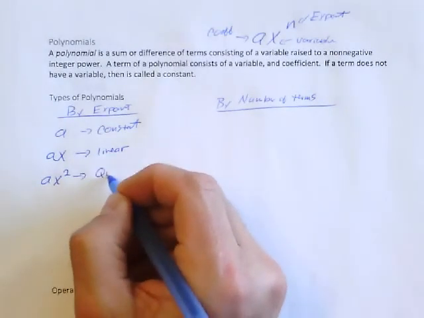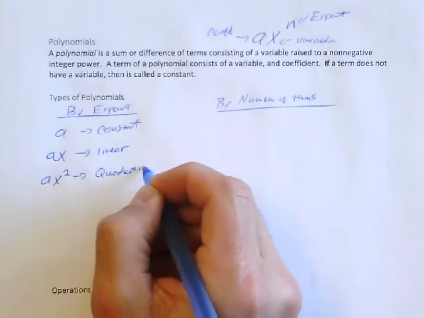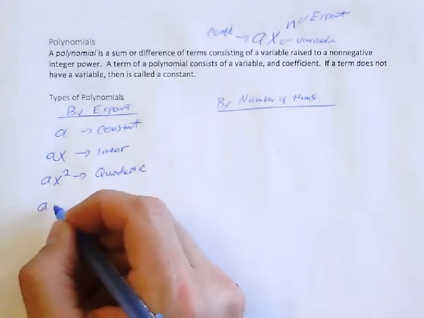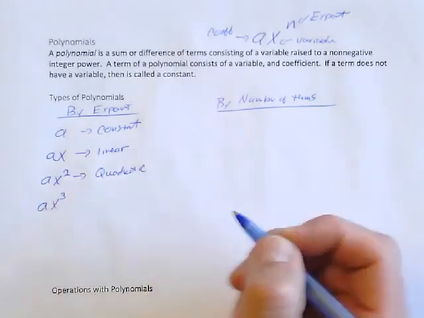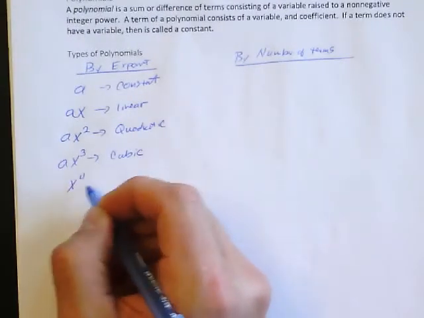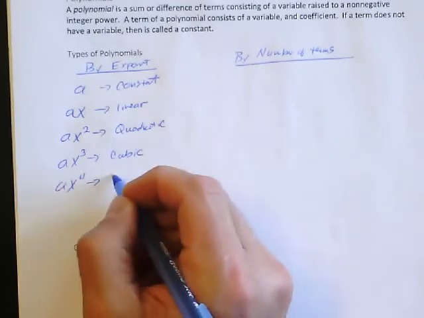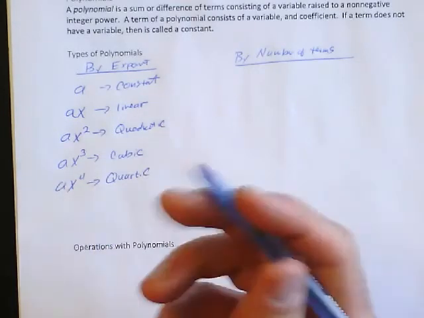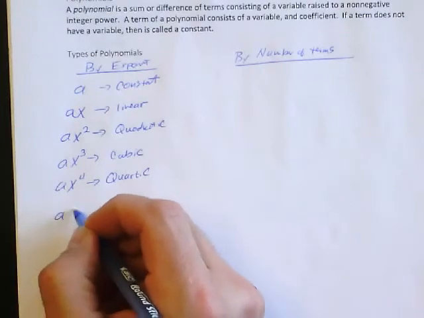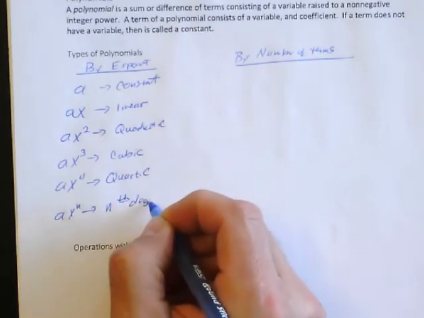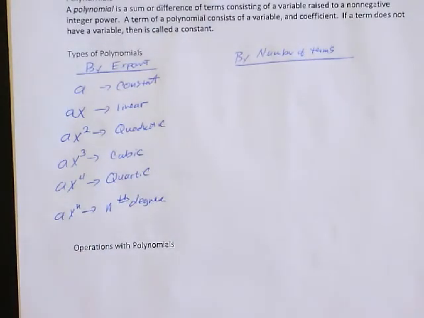Then if you have a constant and an exponent of 2, this is a quadratic. If you have a constant, a coefficient, a variable, and an exponent of 3, this is a cubic. Then if you have x to the 4th, that's a quartic. And if you have anything like that, if you have ax to the n, we simply refer to it as an nth degree